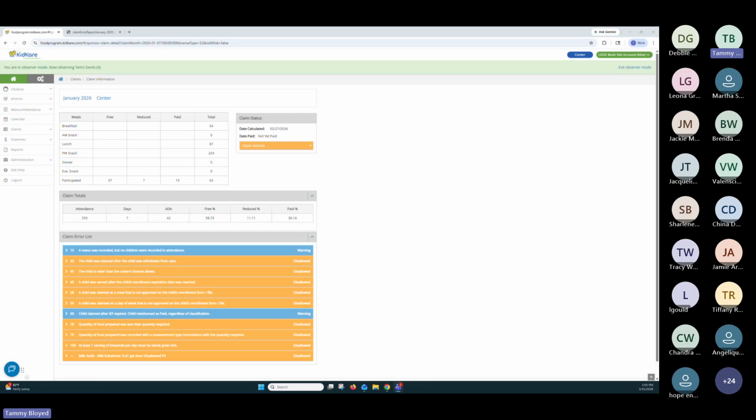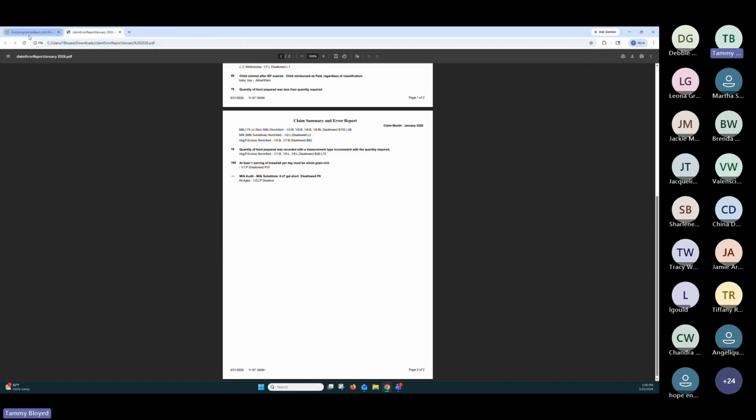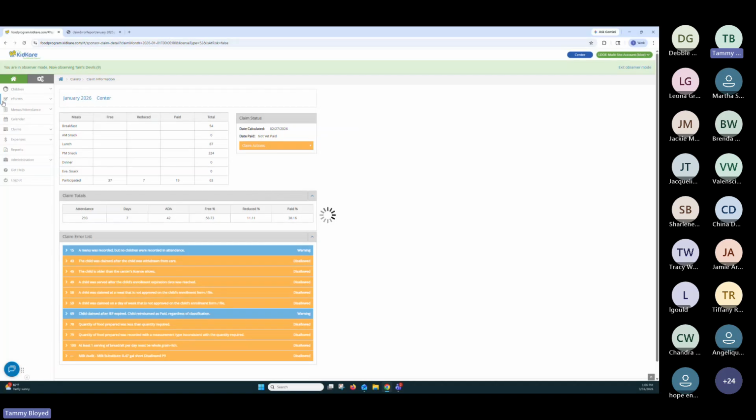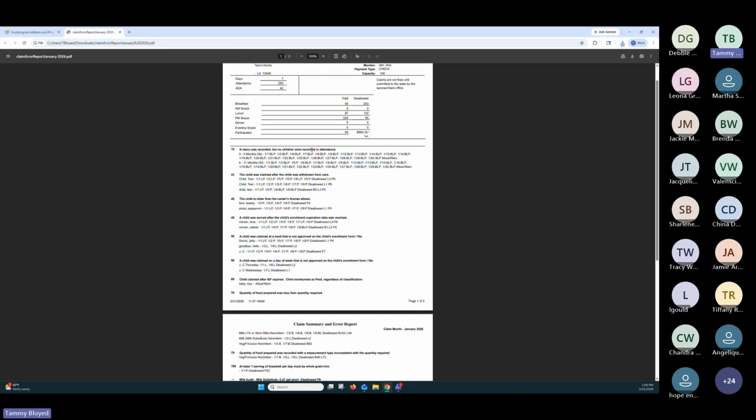Very good. Okay, so once you've calculated or processed your claim, this page should look familiar. It's your list of errors. For those that are not aware, you can come up to Claim Actions on the screen and Print Claim Report. It's going to download a report for you that you can open on your screen, and it's going to be the full thing. So rather than going back and forth from this screen into wherever you want to verify the data, you can just keep it open in another tab. All the errors are going to be here with all their instructions.